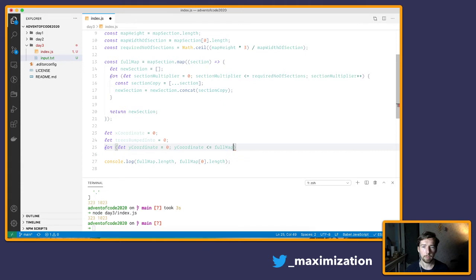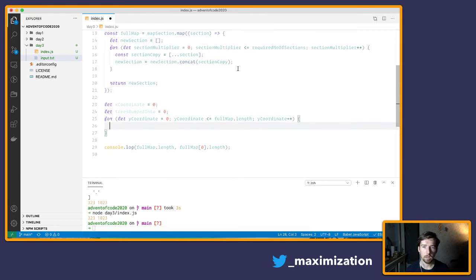to the full map length, which is the height of the map, and then multiply the y coordinate by 1. That's good. What we'll do here first thing is traverse right. So we're going to say x coordinate plus equals 3, and for the y coordinate, what I need to do here first is do the plus plus before,